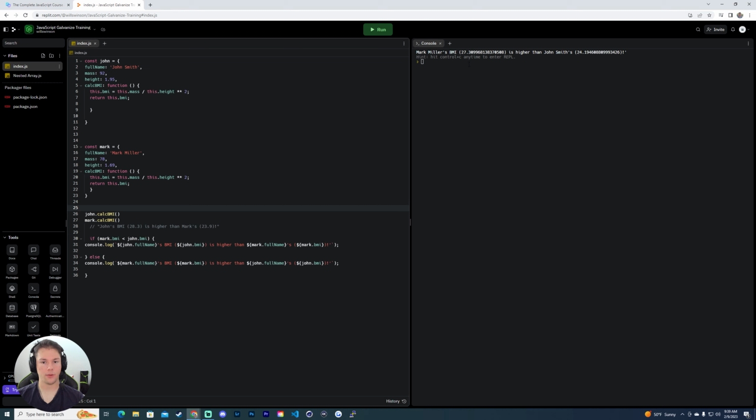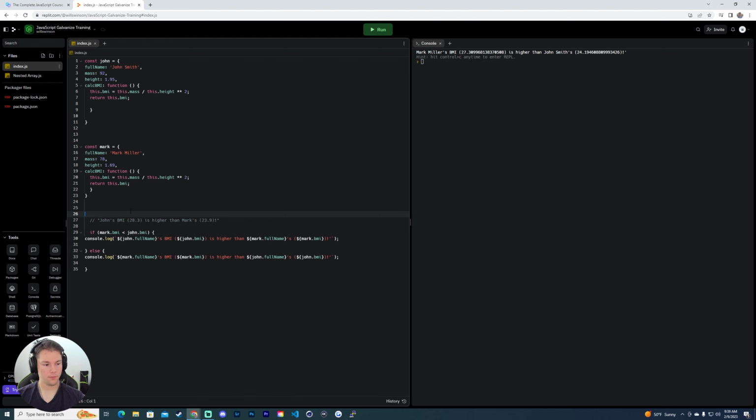So it was like you saw, if we remove them and run, it's undefined because it's not called on. This value right here, .bmi, equals nothing because it's inside of here. So you have to call on it on the outside so it can get the value. And the reason that